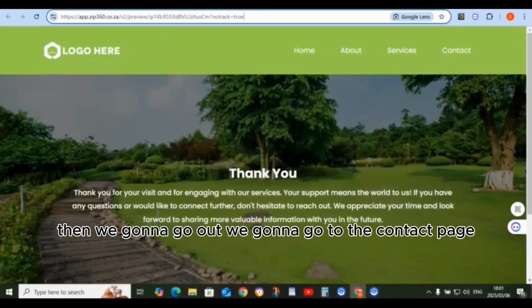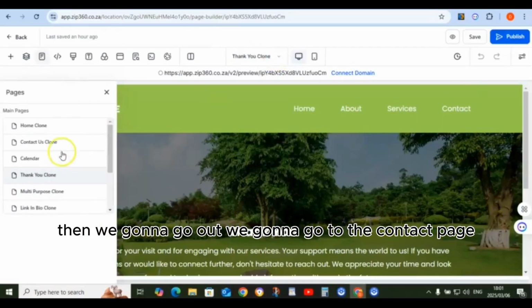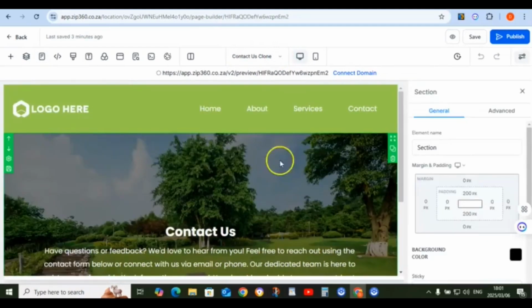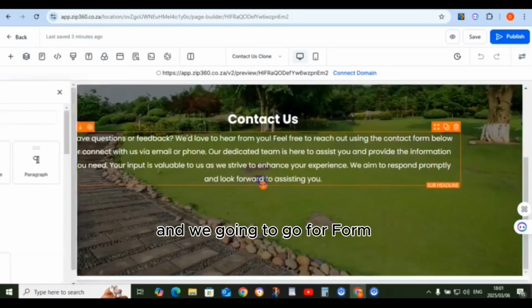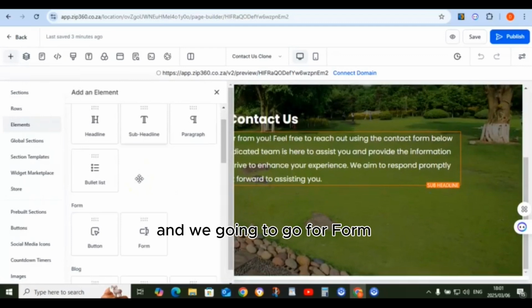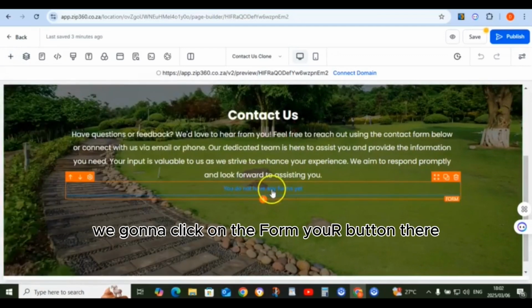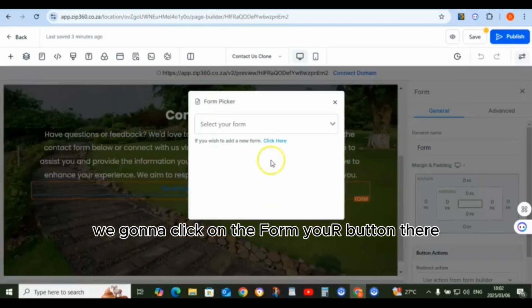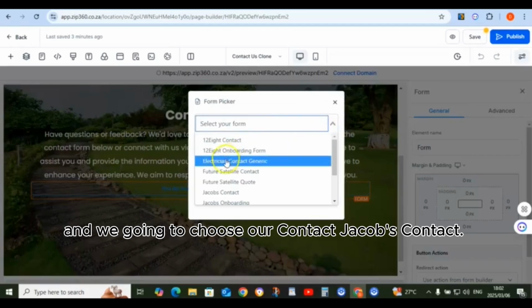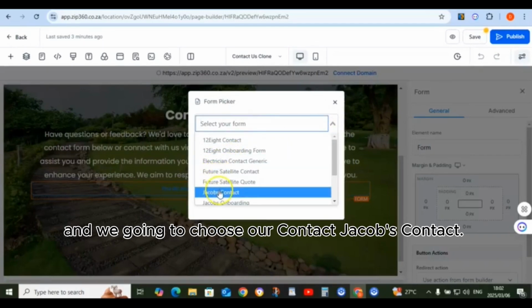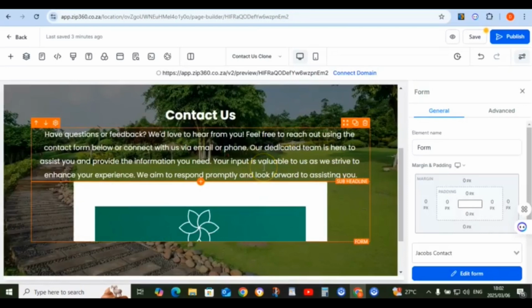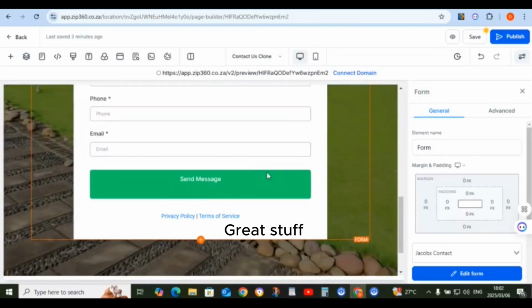Then we're going to go out. We're going to go to the contact page. And we're going to go for form. We're going to click on the form button there. And we're going to choose our contact, Jacob's contact. Great stuff.